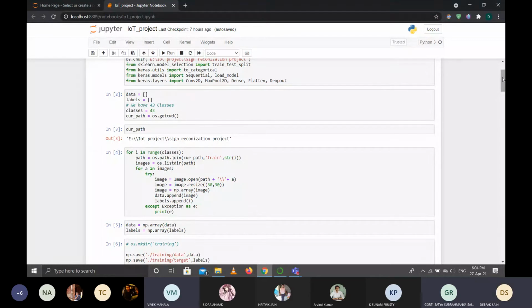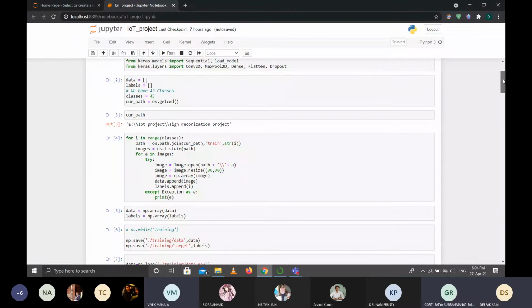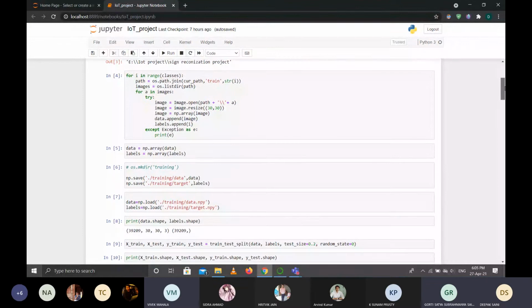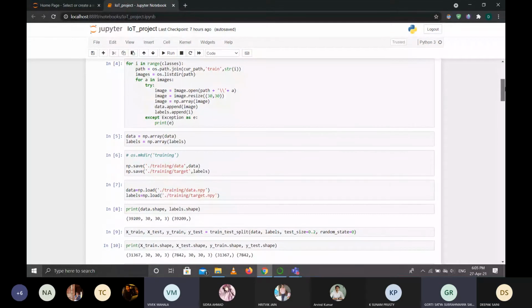After that, in cell 4, you can see the pre-processing of images will be done. We have 43 classes and there are many images in each class, so we have used a loop. After opening the images, resizing will be done here and each image will be converted into an array. This process will repeat many times for all images.